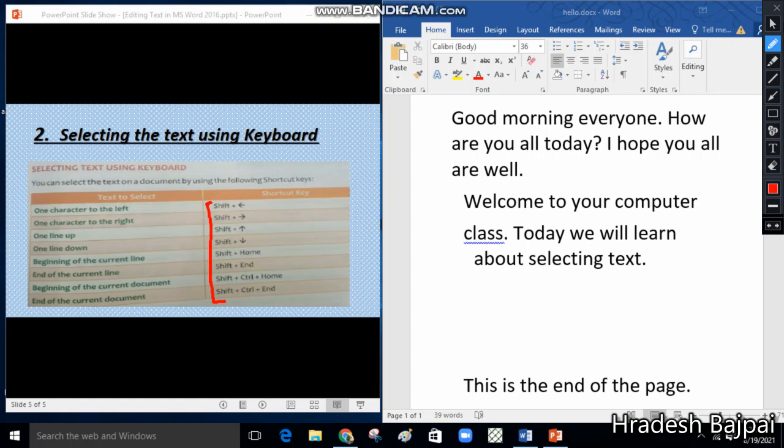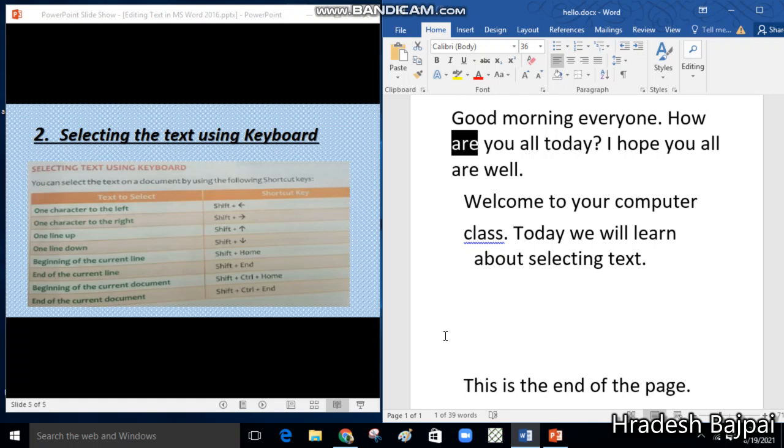If you want to make a selection, place your cursor where you want to select. Suppose I want to select the second line, so you have to move your cursor to the beginning. With the help of arrow keys you can move the cursor. Now to select left hand side, press shift key plus left arrow key. You can keep pressing the arrow keys to select multiple words or sentences. For selecting right hand side, press shift key plus right arrow key.